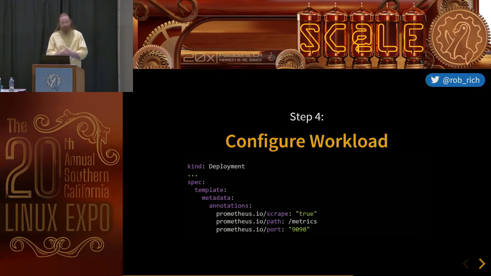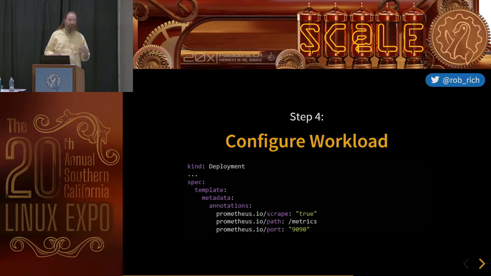and then we can now in our workload give it annotations. Now this is really cool. So I'm here in my deployment, and in my deployment, I'm just going to give it some annotations that say, yes, I would like you to go grab Prometheus metrics, and here's the path to the metrics, and here's the port. So just go query that port, go grab that metric, and now we've got our metrics pulled in. That's excellent. And now anything that Prometheus is harvesting, we can now scale based on that.